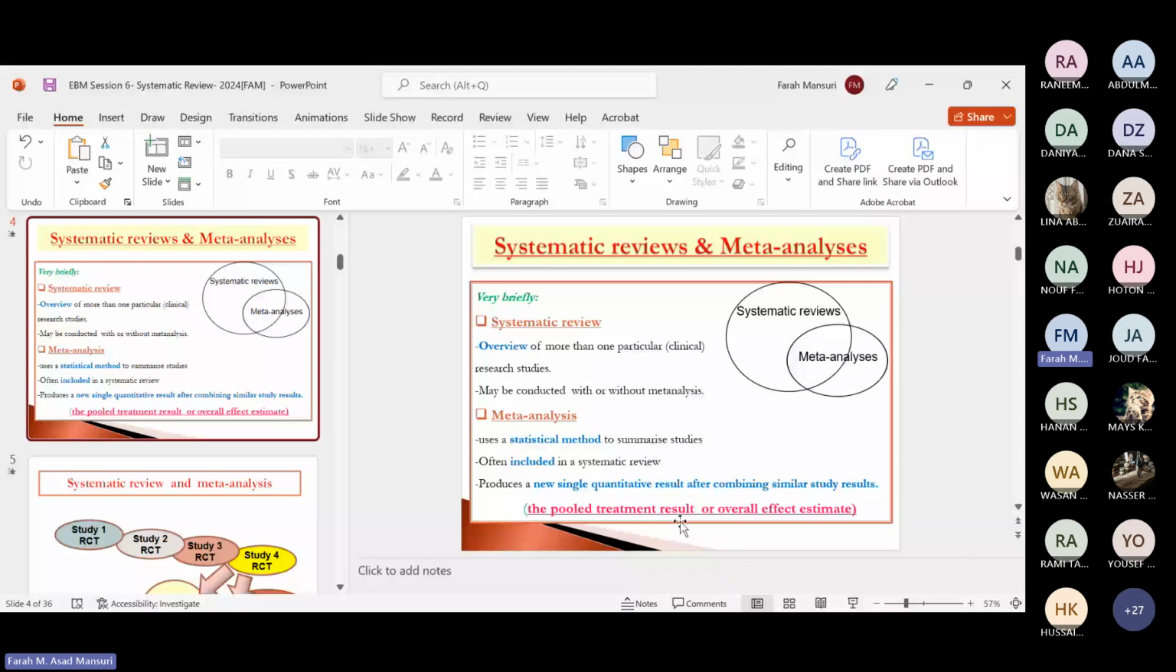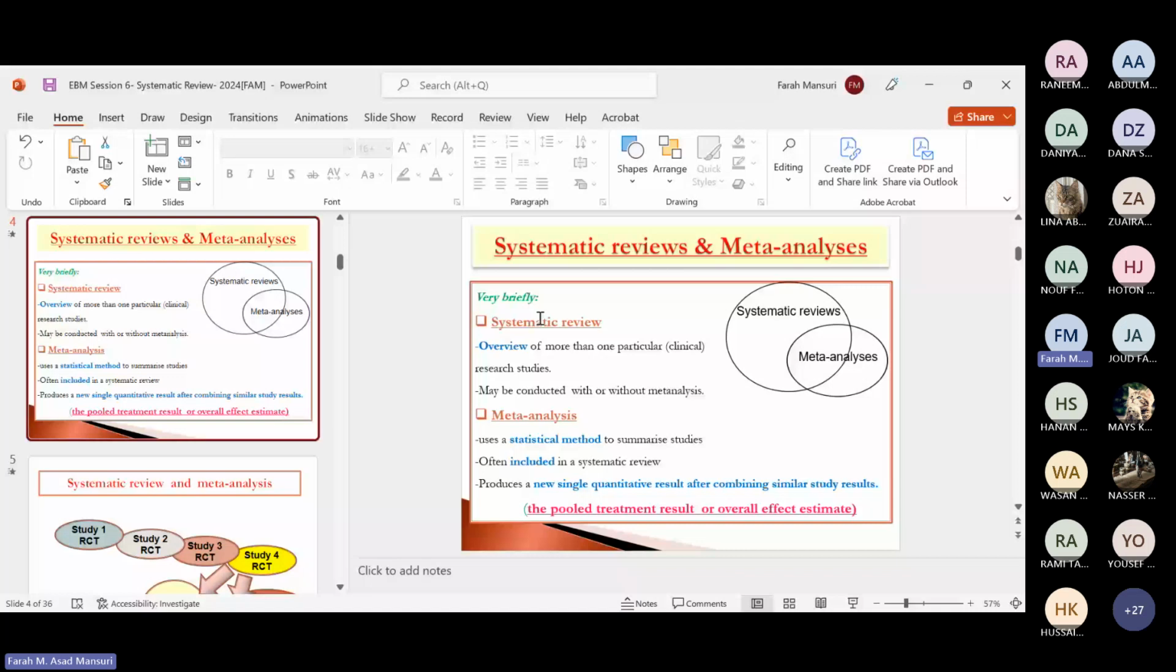So the result which we rely on from the meta-analysis is in terms of the pooled effect or overall effect estimate. So I hope I made it clear. A systematic review is a type of research article which is carried out by combining more than one research study. And mostly these research studies are